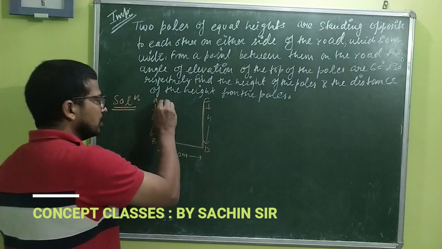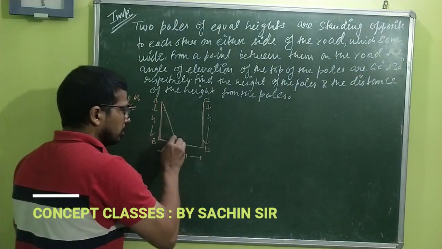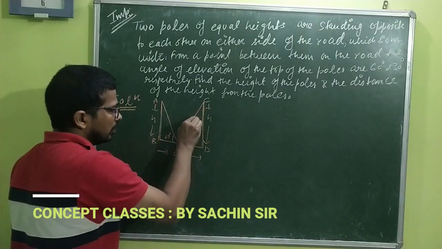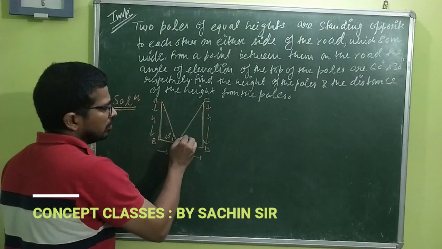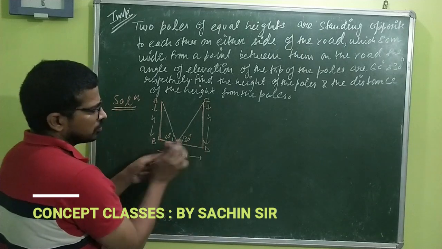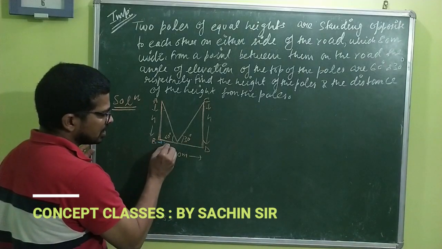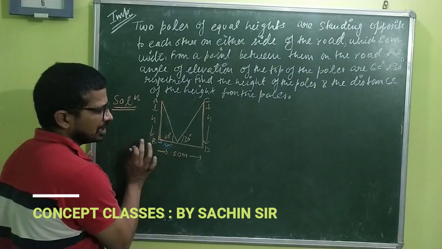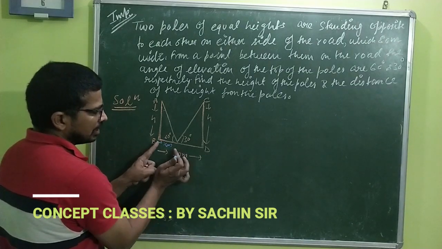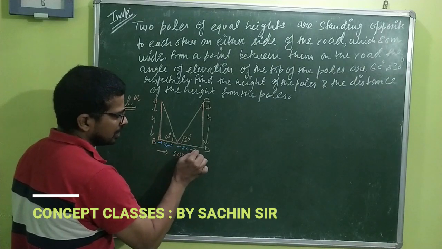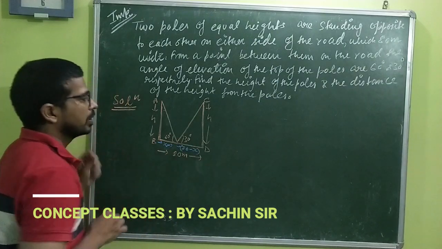Okay, so always remember, suppose this is 60 degrees and this one will be 30 degrees, so whichever is far, that much distance will be more. And suppose I take this as X, this total is 80, this is X, so naturally this will become 80 minus X. I will put it in a bracket.